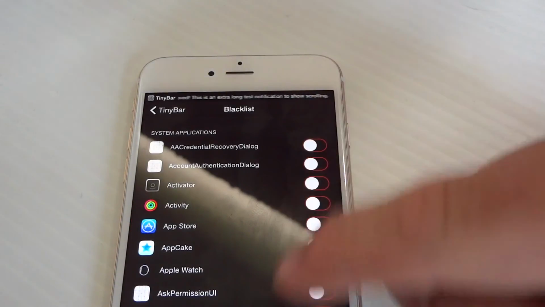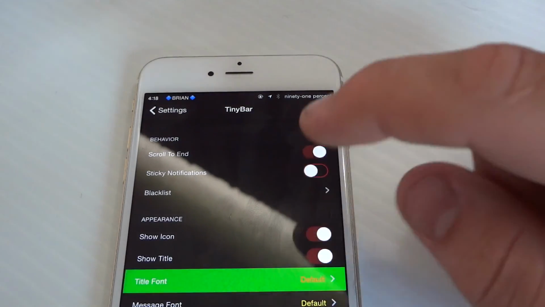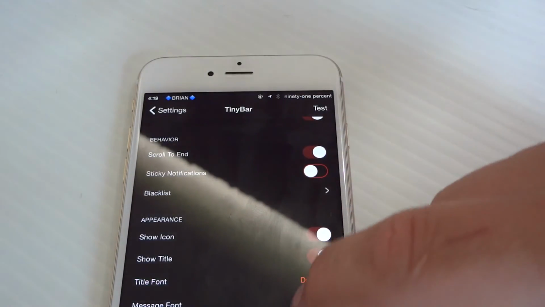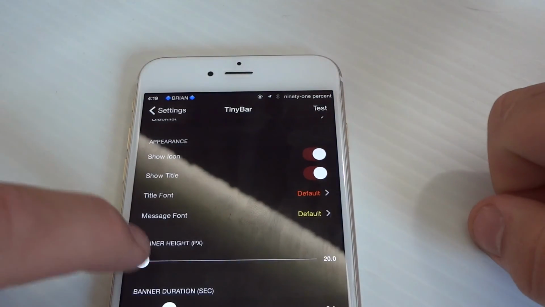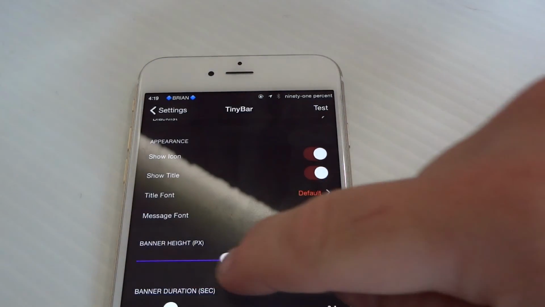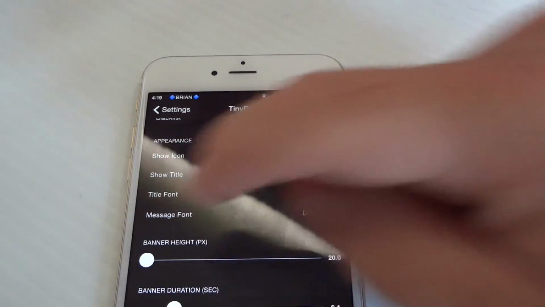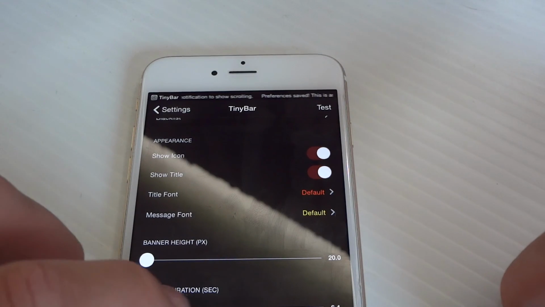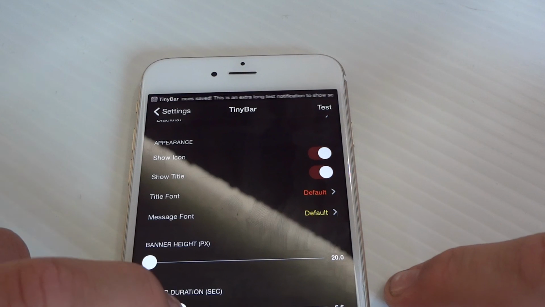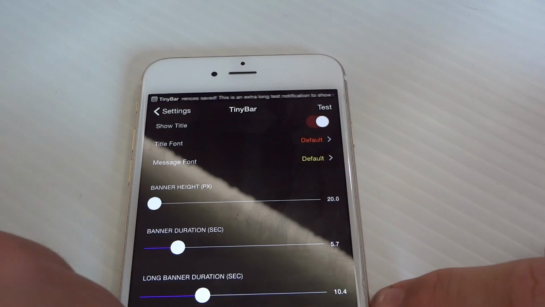You can choose apps that you don't want to see stuff from. Icons, titles. You can change the font, which is pretty sweet. I didn't even know you could do that. You can change the message font, and then you can choose the height. And it's cool, it shows you a demo every time you change something. See, like real thick, that's kind of like the stock. And then smaller. I like it all the way small because you don't need it any bigger. It shows you how long it'll last. I only need about 5 seconds, something like that. Scroll speed. You have a